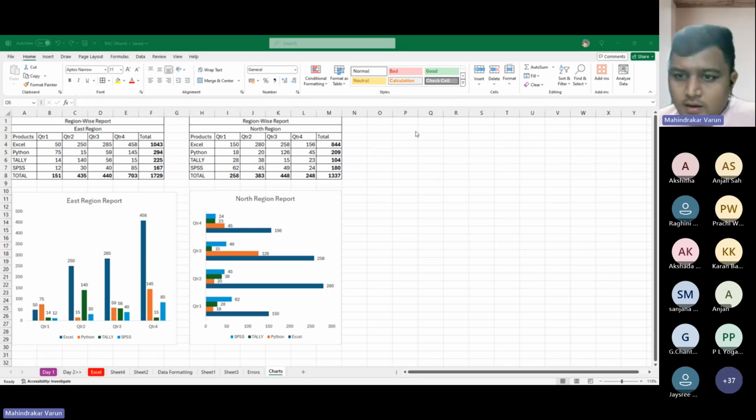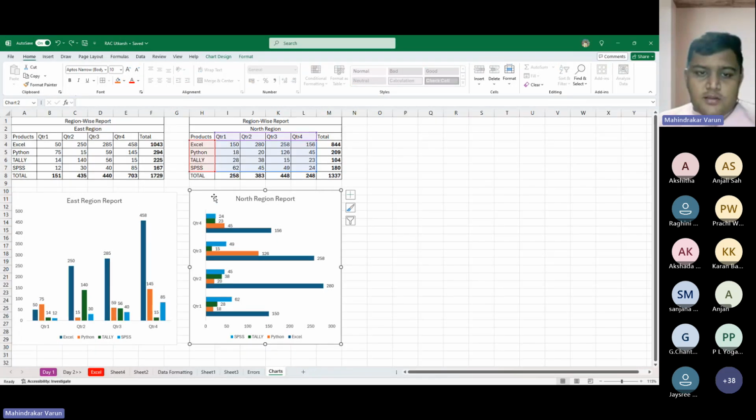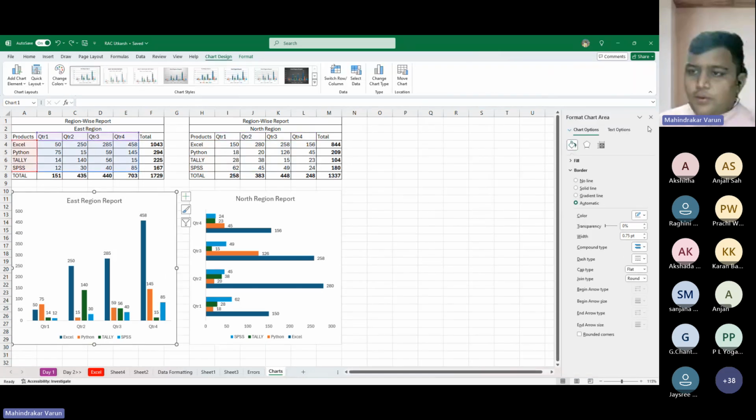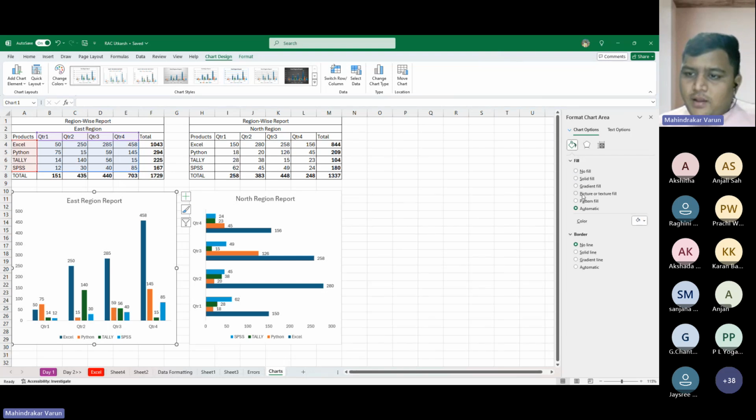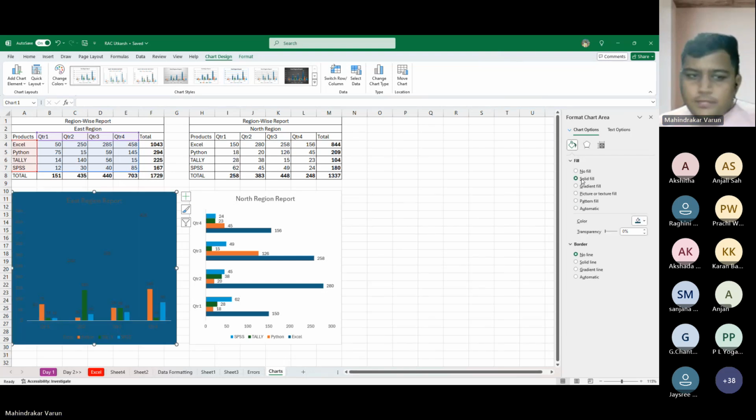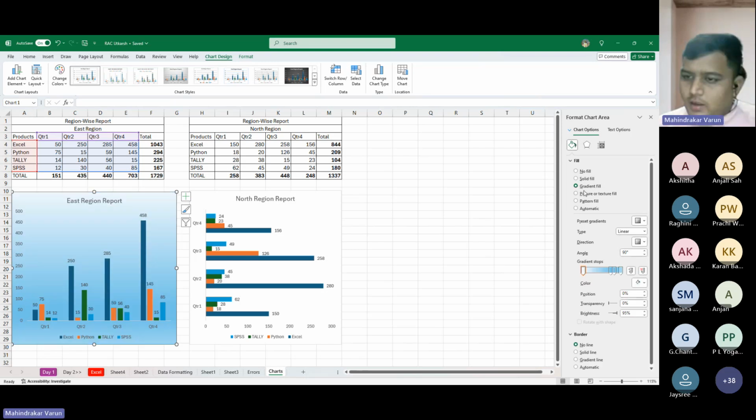Okay, if you see here in this particular part, here we have got the region-wise report, East region and North region report accordingly. Now I want to add a background. So what I'll do here is a simple thing, double click on the chart. Once I double click on the chart, you can see we are getting this option. One is fill, one is border. In border, I'll click on no line. So border options are gone. I'll click on fill and I'll select